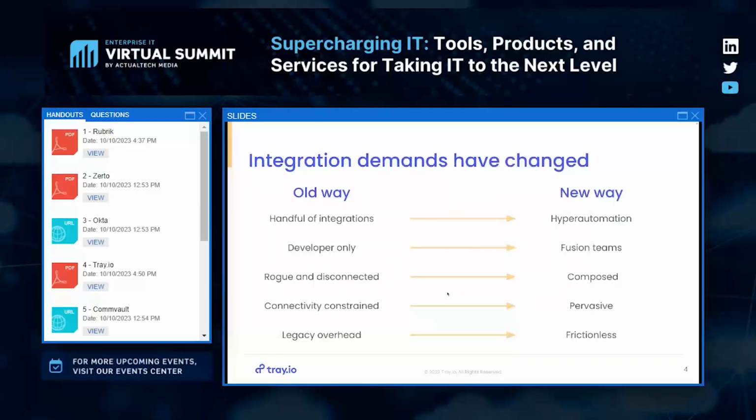And so when we look at where and how the integration demands are changing, we're in an environment where organizations are looking to consolidate with fewer separate tools and more unified capability. Traditionally, there was only a handful of integrations, but as we covered a moment ago, there is an increase in that integration requirement, and that's a lot down to those hyper-automation initiatives. As well, when we look at the traditional way, a lot of it was developer only, but we're looking at moving to what we refer to as fusion teams. So you need all of your talent to work productively together to tackle integration and automation,